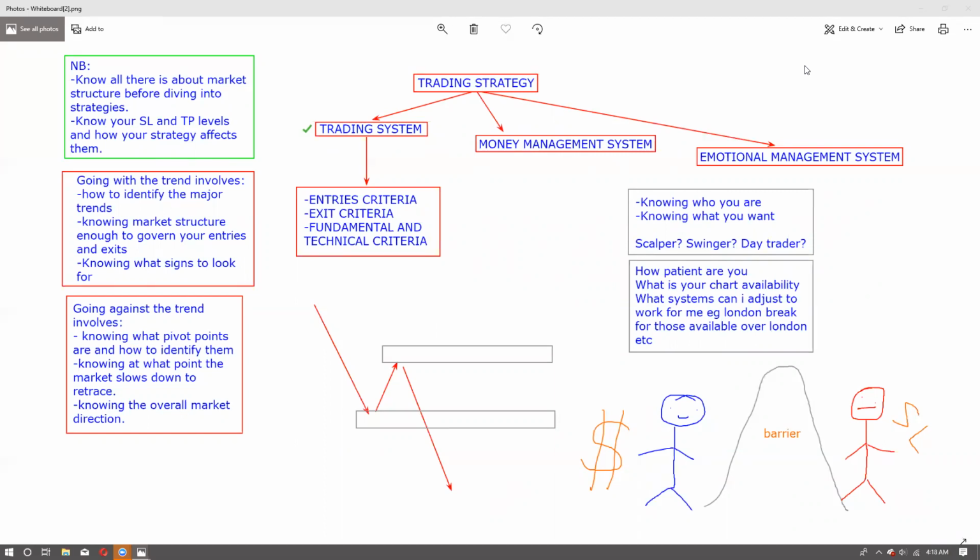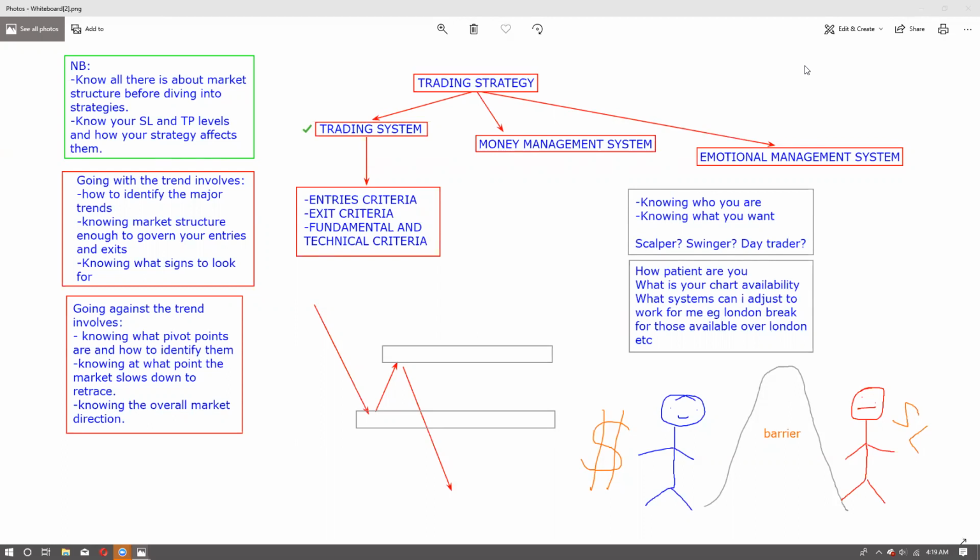Okay, so the first one is the trading system. This one is what each and every other person on Instagram is usually looking for, or each and every other person on Google is usually searching for: what trading system can I find that is useful for me, that I can make money out of. That's why you'll see people jumping from one trading system to another, because apparently this one wasn't making them enough money, and so they have to switch to the other one and the other one, and so on and so forth.